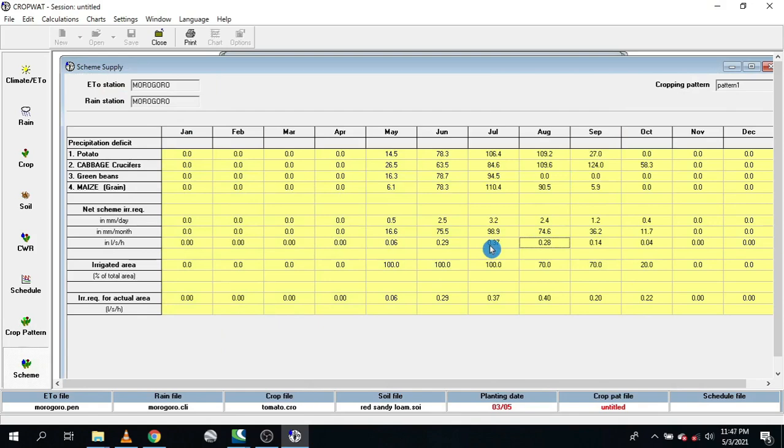Now, one thing that we need to learn here is that this is the net scheme irrigation requirement, of course in liters per second per hectare or in millimeters per day. As you can see here, the values are quite different. At this stage we have only 0.28, while here we have 0.4. So this is the net scheme irrigation, and this is the irrigation requirement for the actual area. What we are going to concentrate on is this bottom line here. In May, we have only 0.06 as the irrigation requirement for our scheme. This is the month where our crops are in the initial stage. And again, in June, we have 0.9